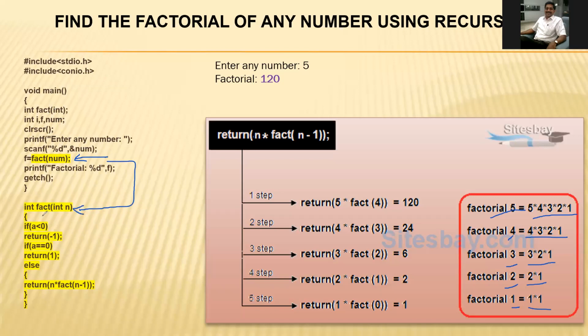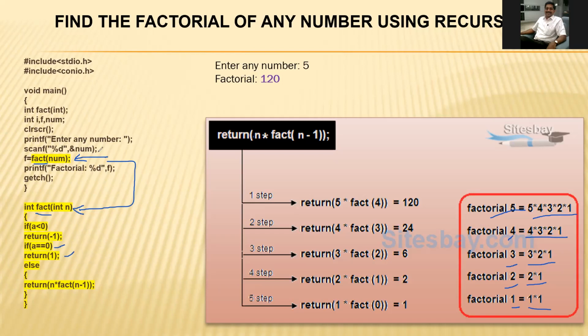The function is fact. The fact function is called here, and the fact function is written here. The highlighted part is the recursive function. It is int fact. If a is less than 0, return -1. If a is equal to 0, the value will always be 1.